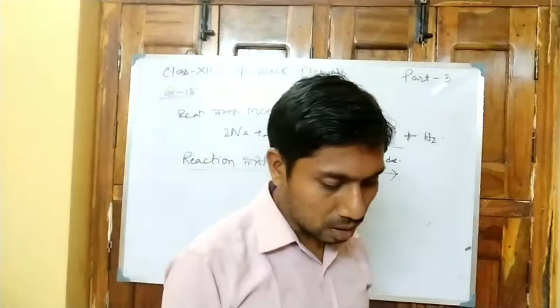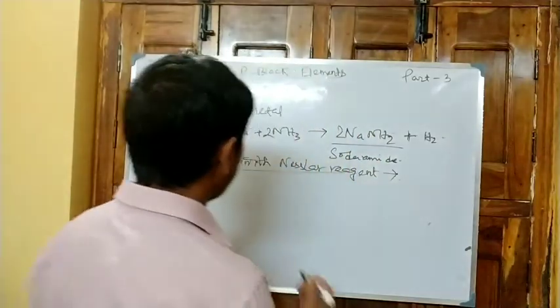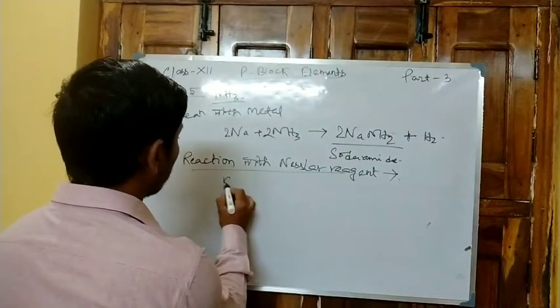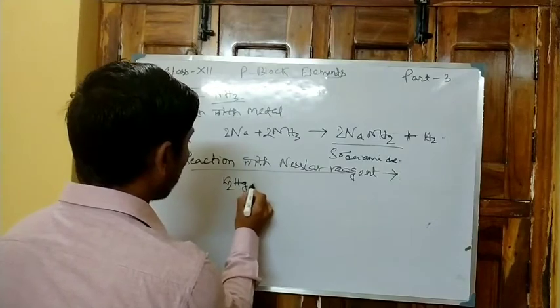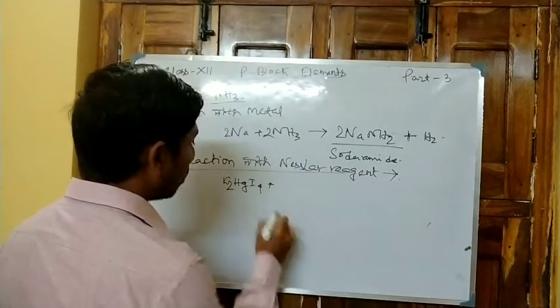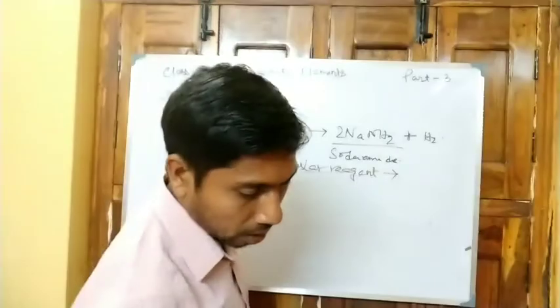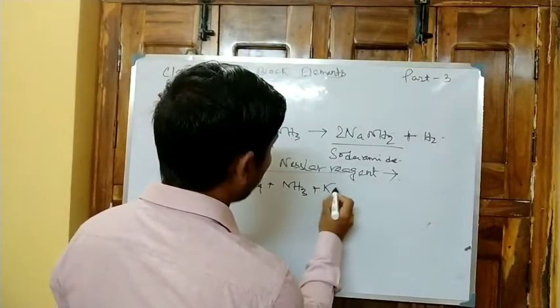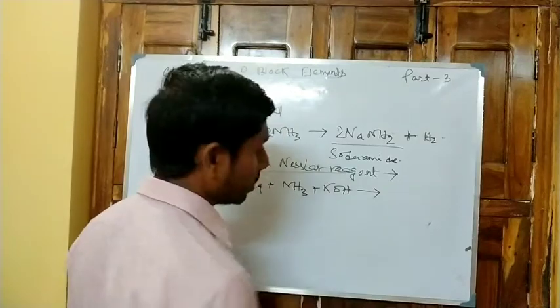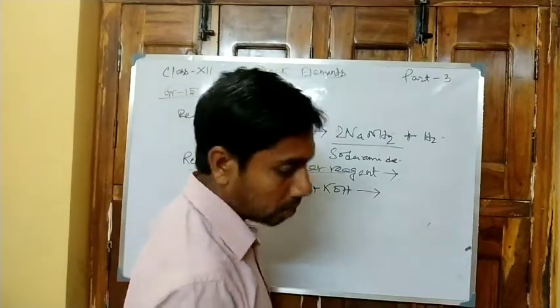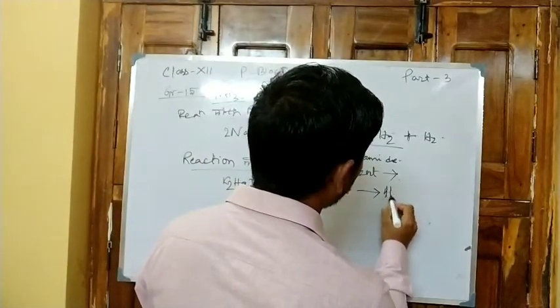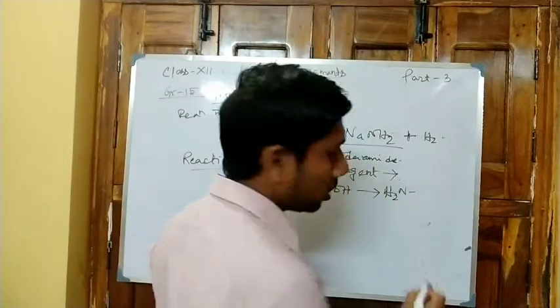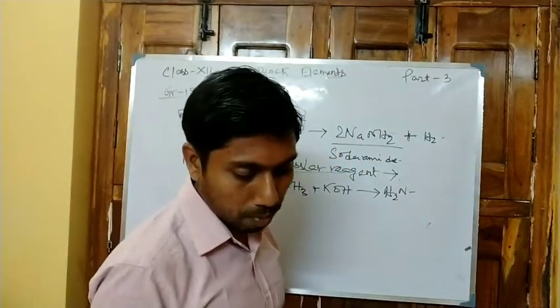The Nessler reagent formula is K2HgI4. When it is treated with ammonia in KOH medium, that is in basic medium, a compound forms, that is H2N. It is called iodide of Millon's base,